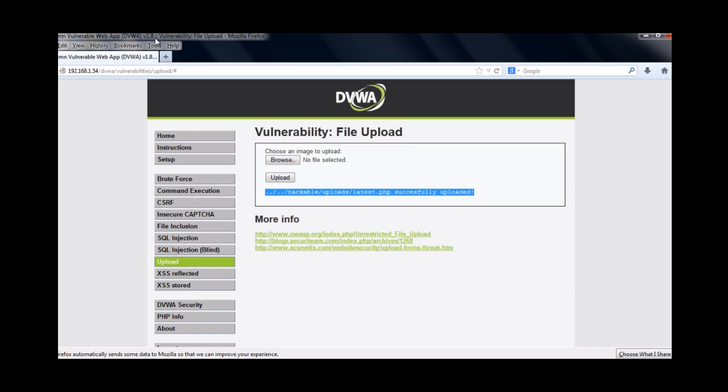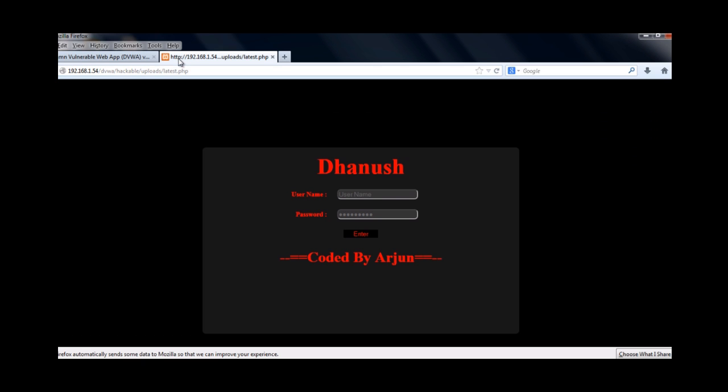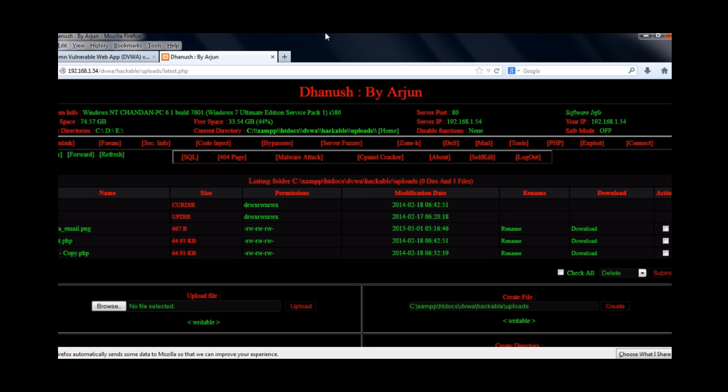Now through this we have created a backdoor access which we can access anytime from a different interface than the application. We just have to know the URL of that shellcode. So typing in the URL such as dwwa/hackable/uploads/latest.php, which is the file that you have injected, and it has gone into this directory of the server, we can see that we get an interface for the shellcode. Typing in the default username and password for the shell, which we can change of course via the text editor,